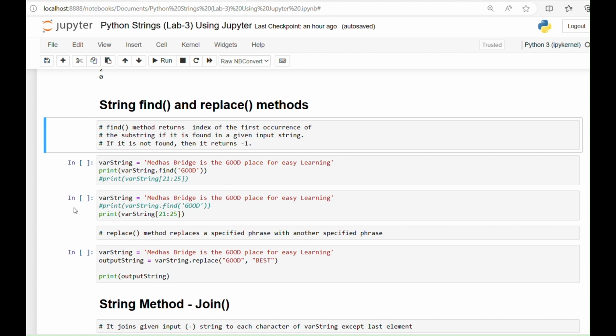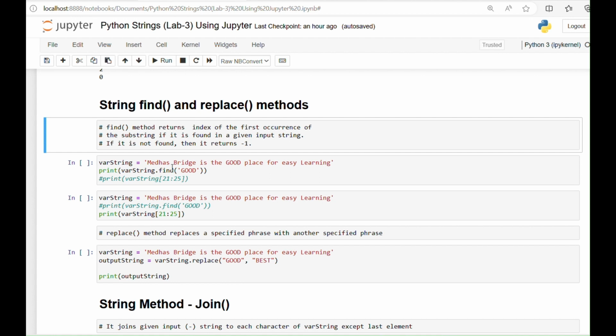The find method extracts the index of the first character of the first occurrence of the specified string. Here, "Meda's Bridge is a good place for easy learning" is an input string. From this, the find method extracts